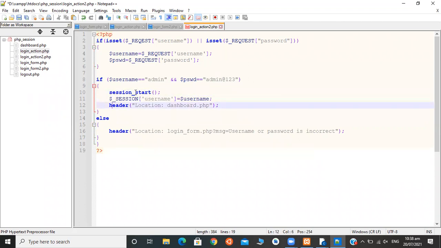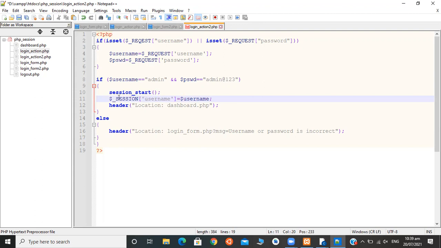These are the session variables here. So how to start the session? Because we are managing a session here, if the login credentials match the entered credentials, then we need to start a session and save a session variable on the server.